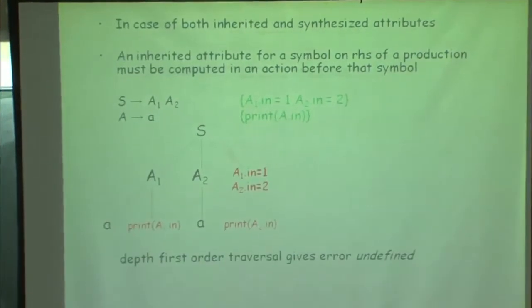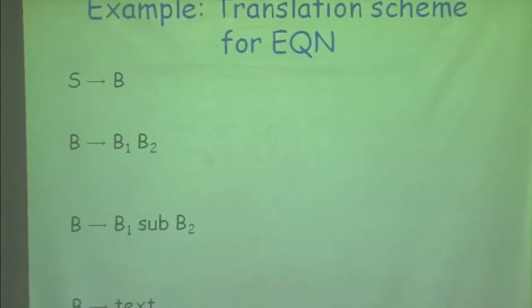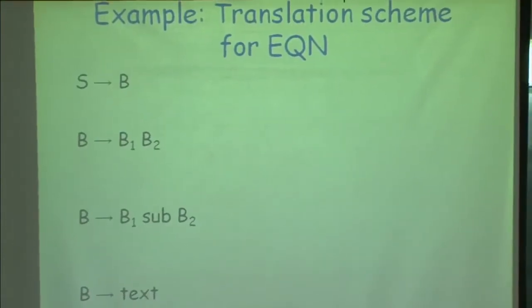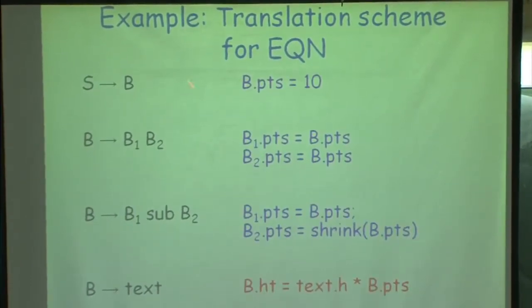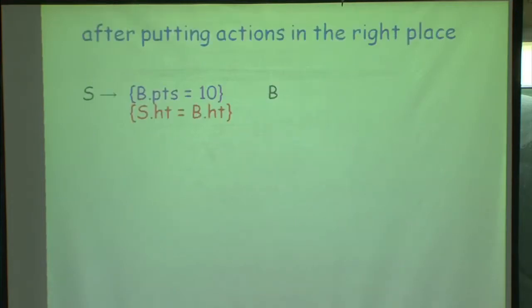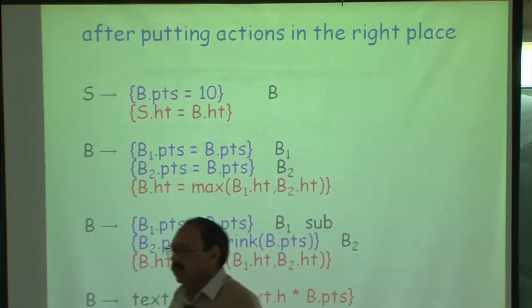This example came from, so these were examples we were discussing for the placement of attribute rules, and then we took an example from equation typesetter, and introducing the rules here, we were trying to position these rules so that value of these attributes get evaluated in the right place, and then we looked at the placement of these, and this turned out to be the placement, where we said that each of the inherited attributes is getting evaluated on the immediate left of the grammar symbol. Okay.